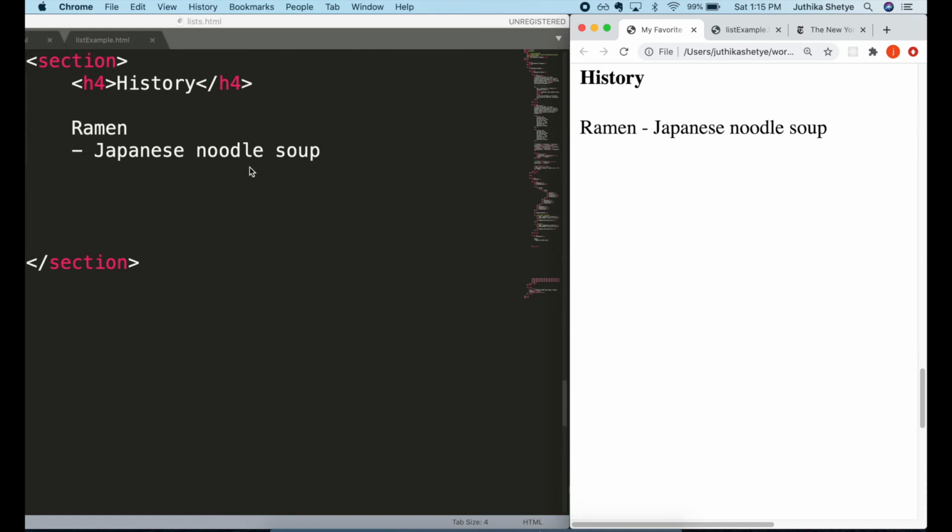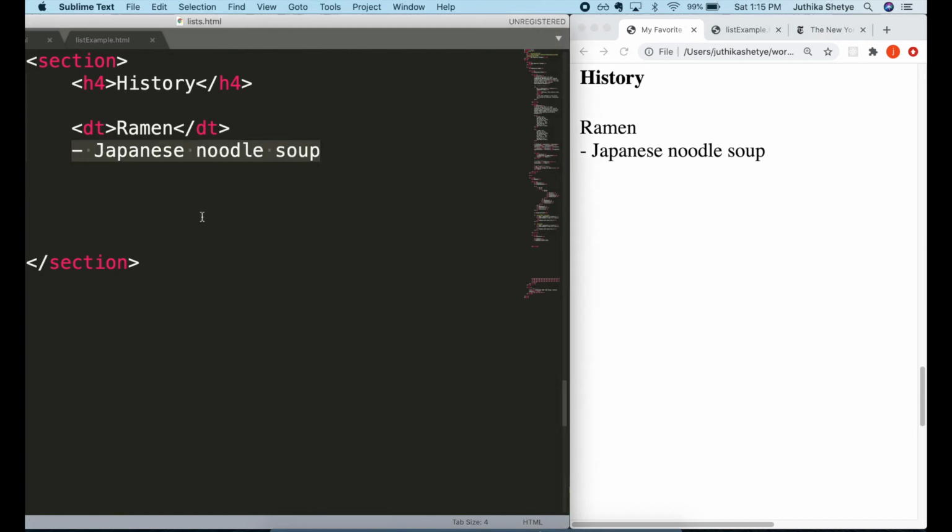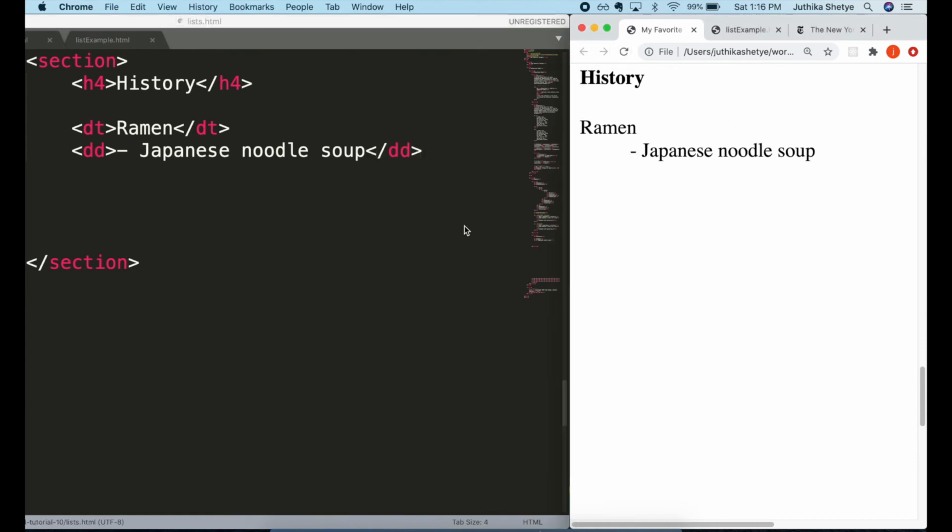Here we have got a term and a description of that term. So to include them in a list, we could use the description list. Let me show you how to do it. The term or key or the main bit is wrapped in a DT element, which stands for the term or name in a description list. The description value or definition of the preceding term or the DT element is wrapped in a DD element, which describes the term name or has other related text associated with the previous term specified in a description list. Now this whole thing should be wrapped in a DL element to complete our description list.